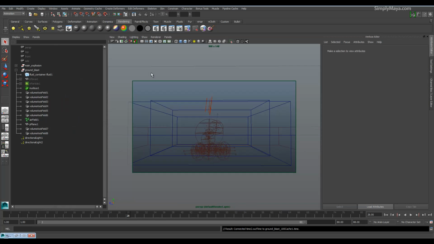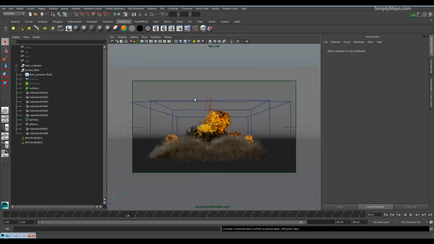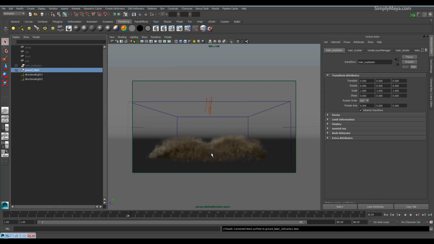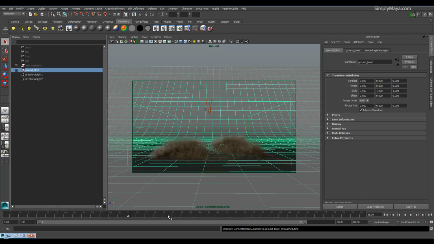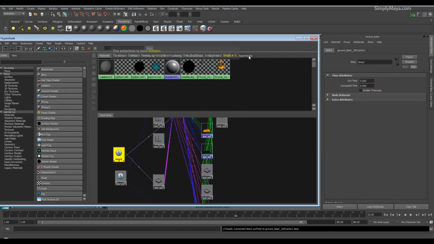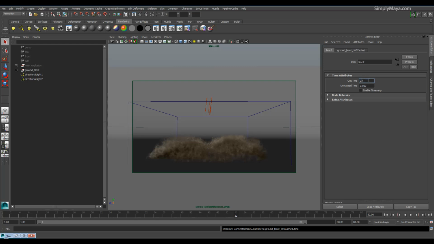So if we go back and look at our fluid, and I want to get the shading back to smooth, and I just want to hide my main explosion here, so Control H, just so the viewport updates a little faster. If I now change the frame, you'll see that the ground blast frame change shouldn't move. Okay, and if we take a look at time 2 in the hypershade, we should now be able to manipulate its out time. So if I set this to 22,